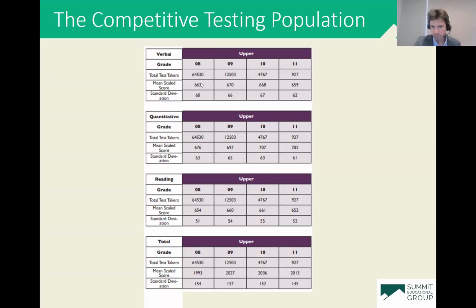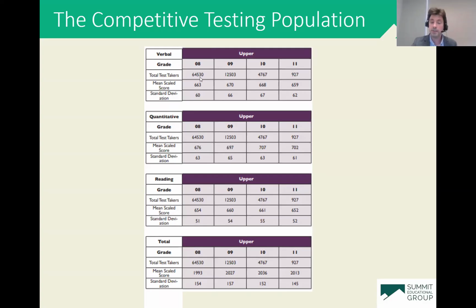So when we compare that 64,000 eighth graders to that 1.6 million number of SAT takers, again, it gives you the sense of just how small this cohort group is and how competitive it is. And even though for our upper level SSAT, we have eighth graders, ninth graders, 10th graders, and even some 11th graders taking the same test.